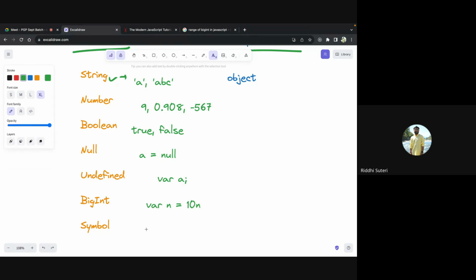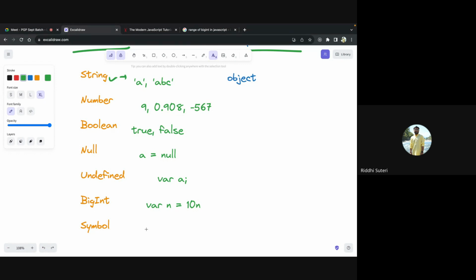After that, we have something called a Symbol, which is slightly less used in JavaScript, by the way. You might use it, but it has a very specific use case. It's not something used on a day-to-day basis. But still, let me explain that Symbol can help you get an immutable and unique value every time you use it.